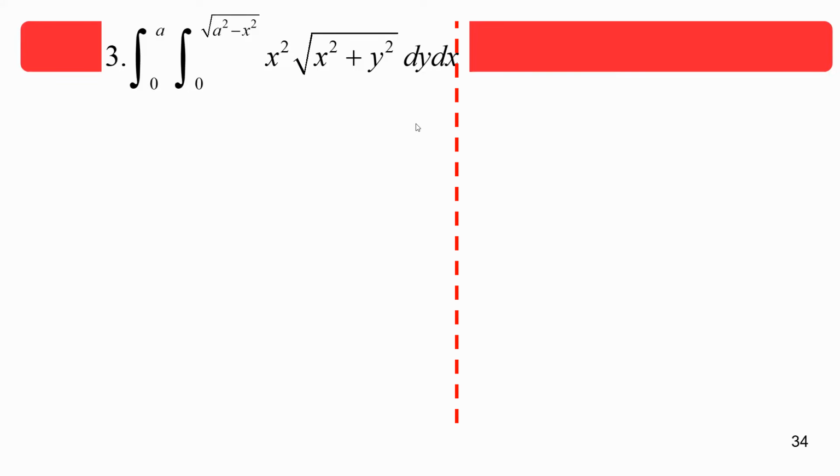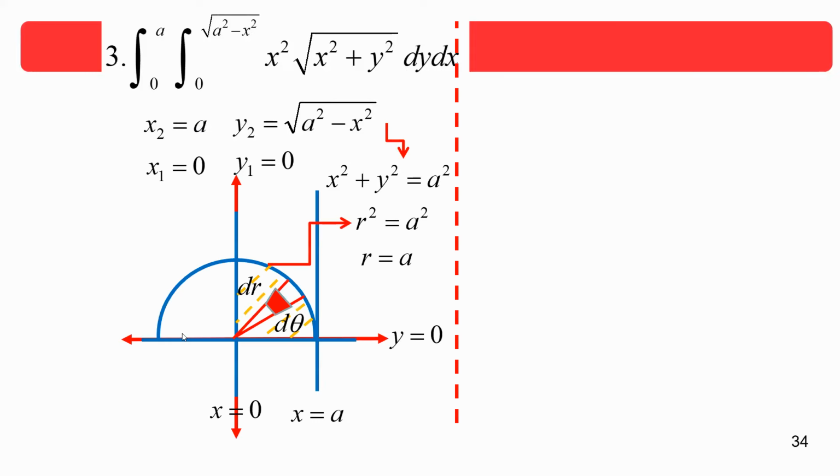So we should try change of coordinate system. Again, what are these limits? The limits are for y from 0 up to the square root of a squared minus x squared. So that's a semicircle. And then x is 0 up to x equals a. It's just going to a line. So the figure would be this one. From the horizontal blue line up to the semicircle, and then the vertical blue line on the left up to the vertical blue line on the right. So the shaded portion is the one shaded by yellow.